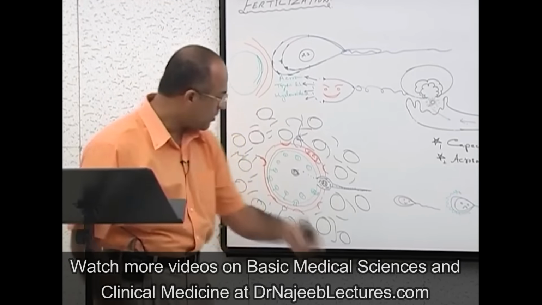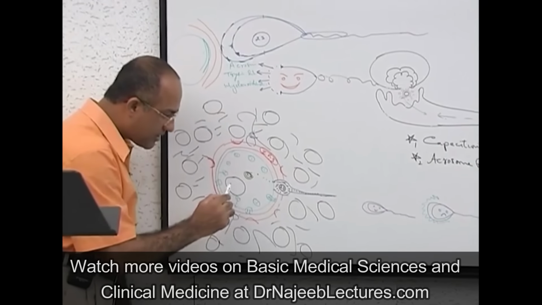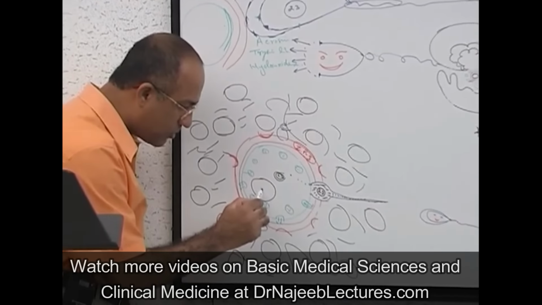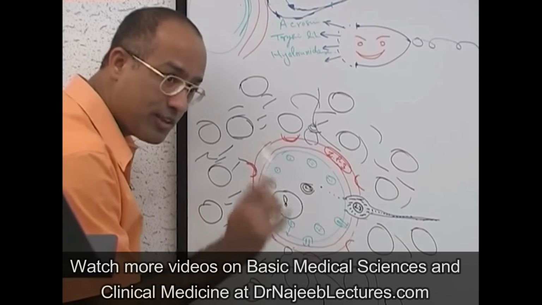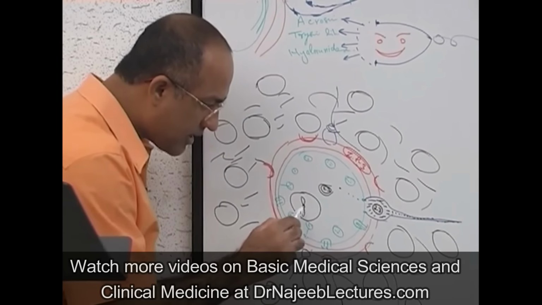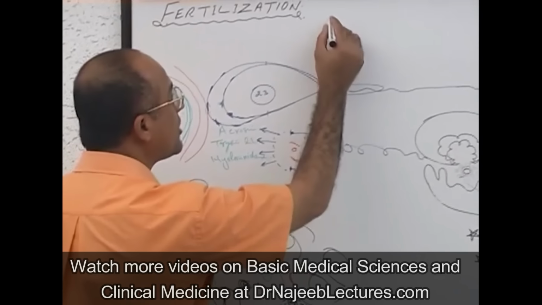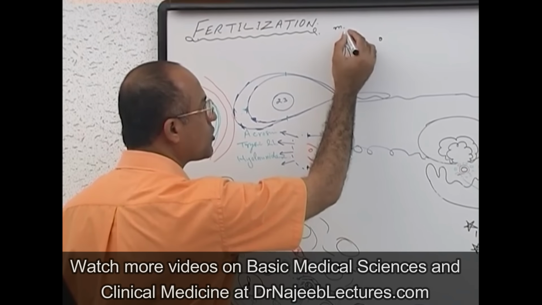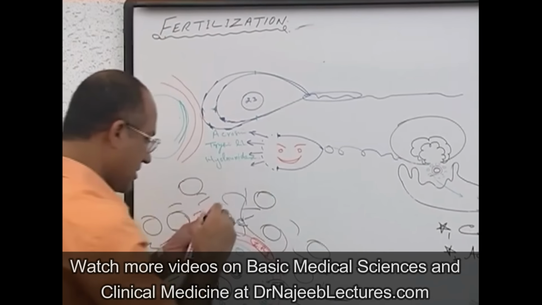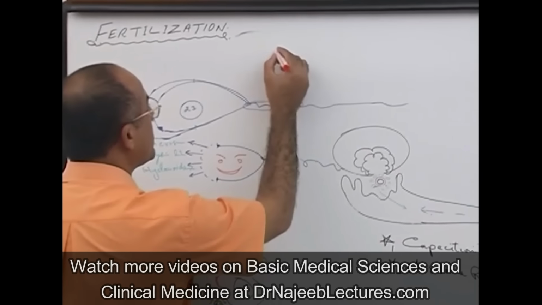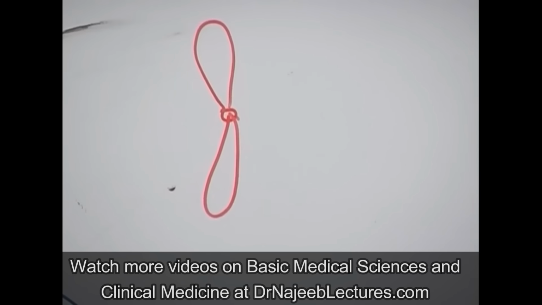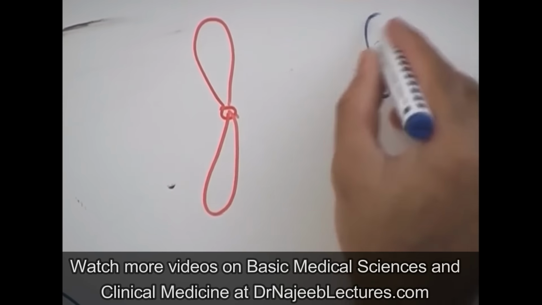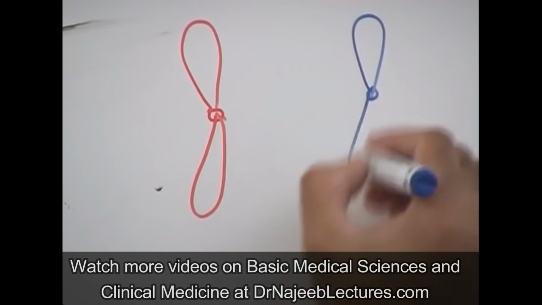Before I go into further detail, let's talk about the ovum nucleus. In the ovum nucleus there were 23 chromosomes, but because this was a secondary ovum, every chromosome is a doublet. For example, look here, this is a chromosome of the ovum, and this is a chromosome of the sperm. This point is very important to understand.